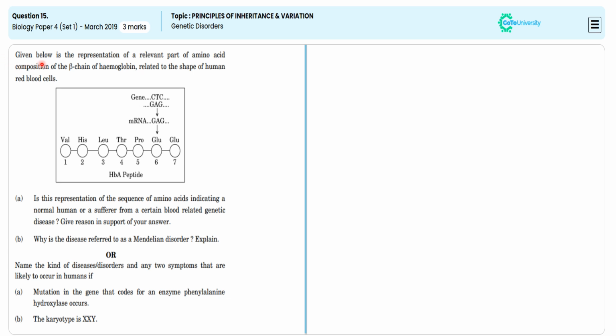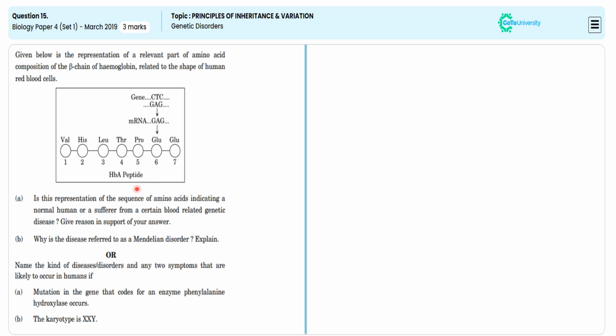In this 3 mark subjective question, they are directing us to understand the amino acid sequence of the given beta globulin chain of the hemoglobin, to confirm whether the given chain amino acid sequence is correct or not by mentioning the normal and abnormal sequence. By observing the glutamic acid in the sixth position, we are confirming this hemoglobin is normal,